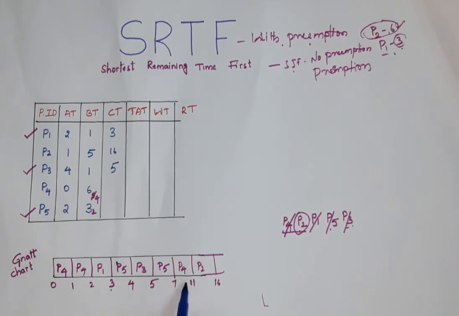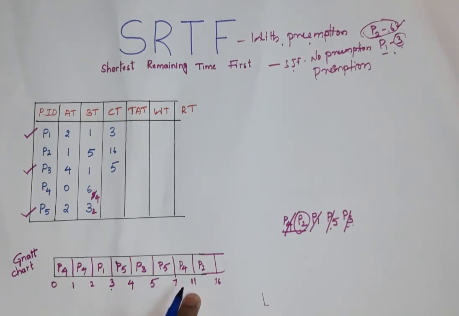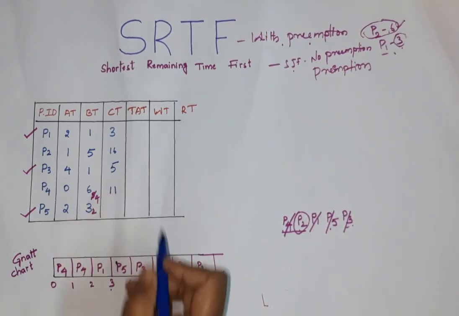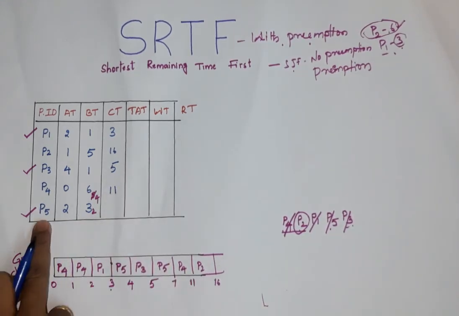So we will calculate this only because these are the first executions, but here it did not complete execution perfectly. So here only P4 has executed completely. So that is why we will take this value only. Right side value 11. And P5 process.